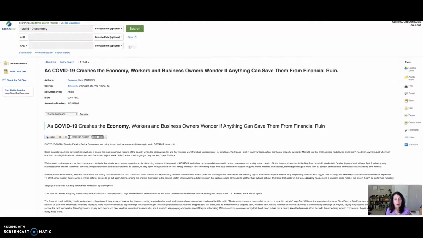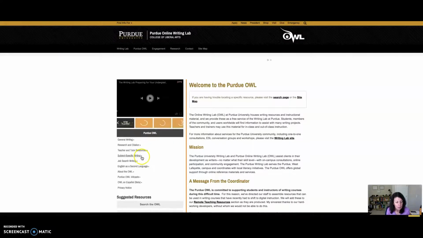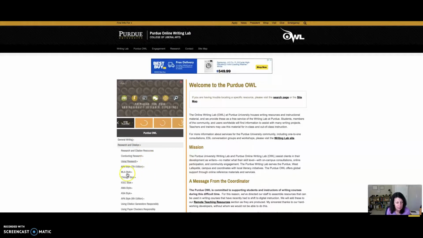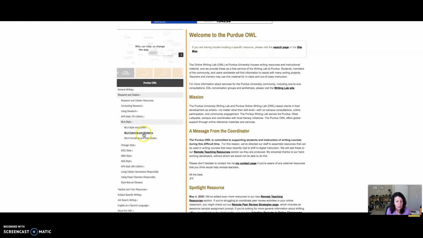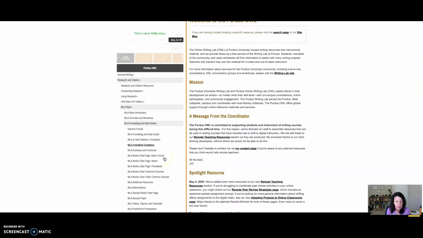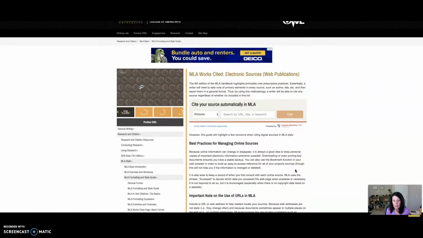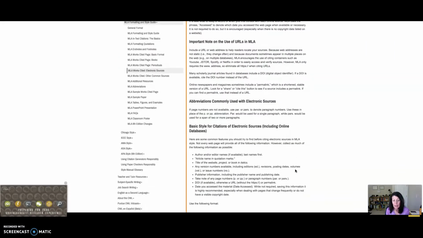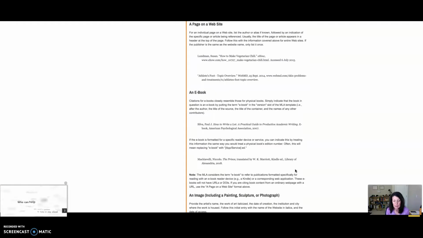So if you are trying to figure out how to cite a source that you're using, the Purdue OWL is a great resource. If you go to the Purdue OWL, you can look at research and citation, go to MLA style because that's what we use, and then you can look at formatting and style guides, and I've got electronic sources. I'm not really sure how to cite those. So here's a page on electronic sources, and there's all kinds of stuff. Citing an entire website, citing a page on a website, using an ebook,